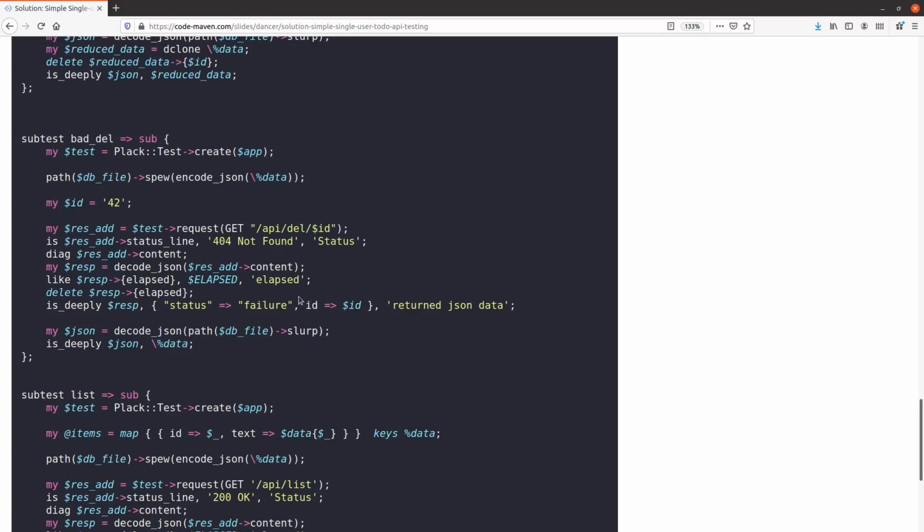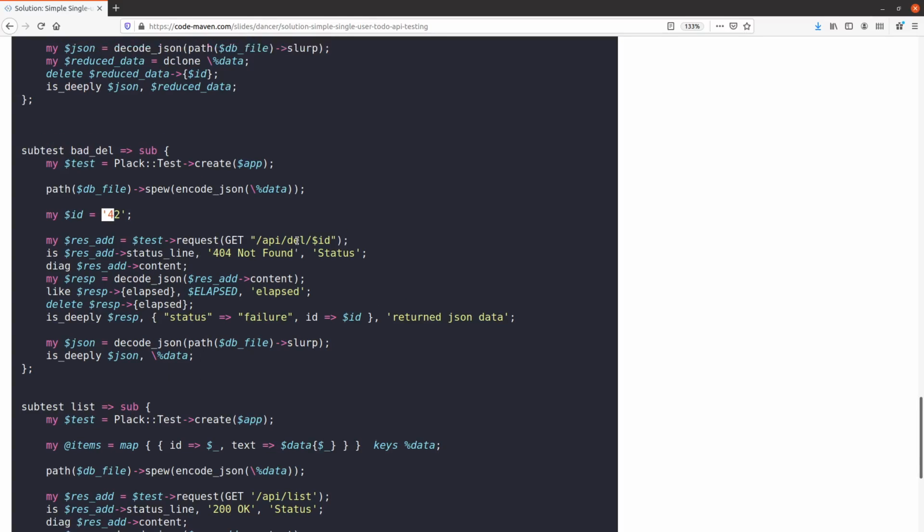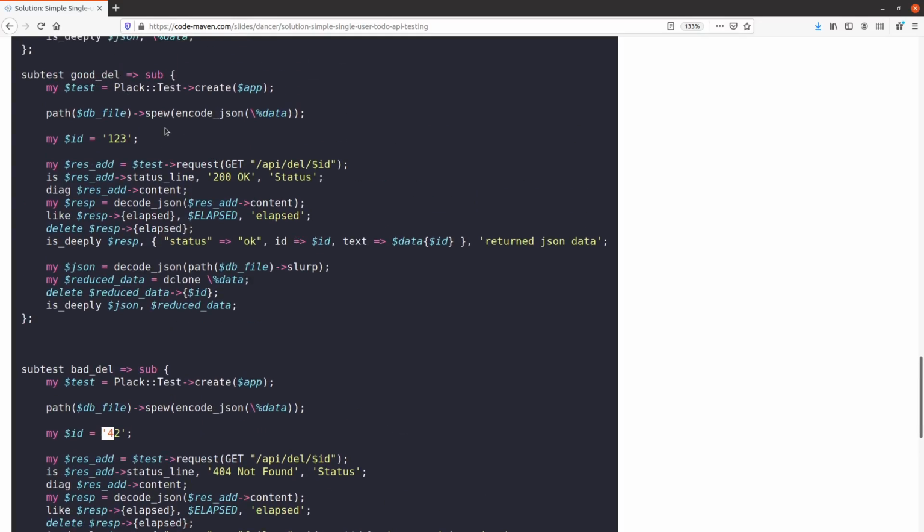deleting the items. The basics here in every case is that at the beginning of every test case we set up the JSON file, the database file, and at the end we check whether the database file is as we expected. So after deleting an item, this one is a bad delete, trying to delete a bad item that we don't have, so the database should be the same. In the good delete, we have the database, and then we are going to remove the 1, 2, 3, and in order to compare that, what we have is that we take